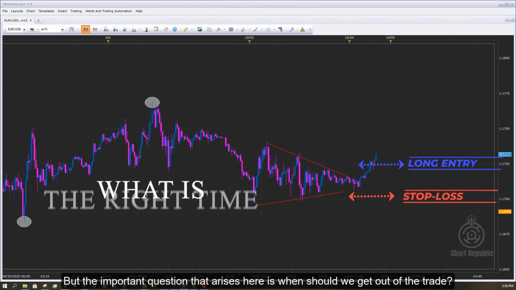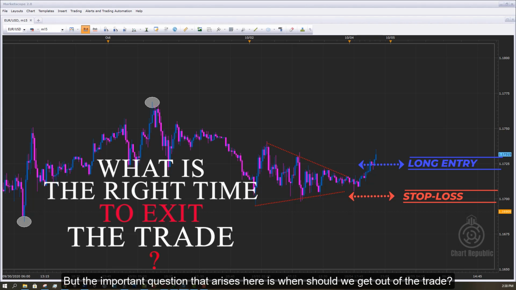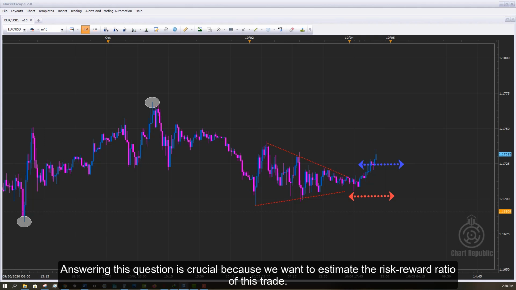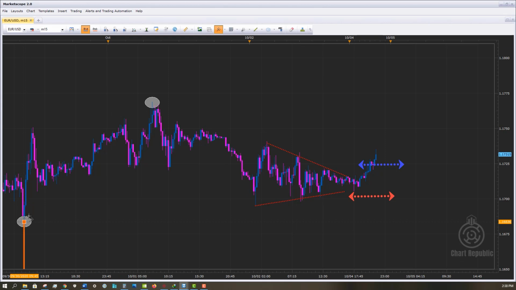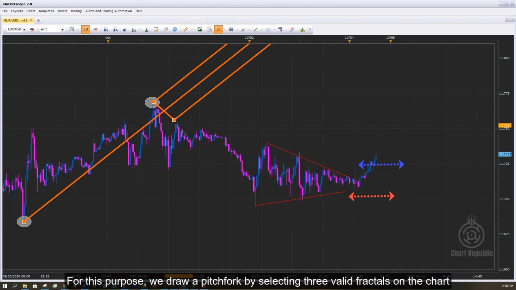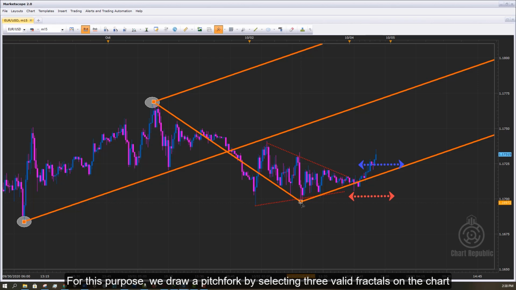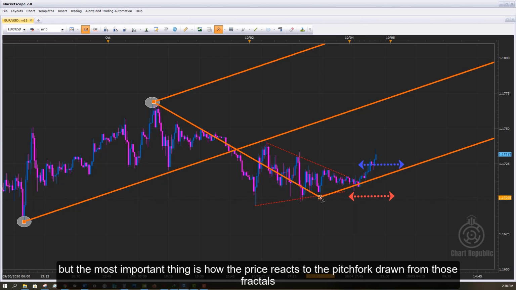Yet the key question remains: what is the right time to exit the trade? Answering this question is crucial because we aim to assess the risk-reward ratio of this trade. To accomplish this, we draw a pitchfork by selecting 3 valid fractals on the chart. Selecting the right fractal comes with experience, but the most important aspect is how the price reacts to the pitchfork